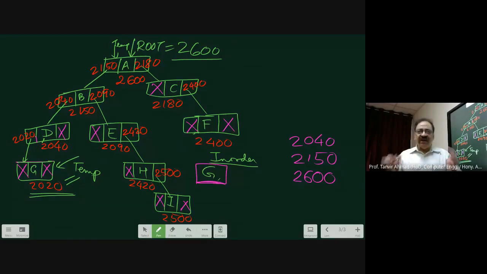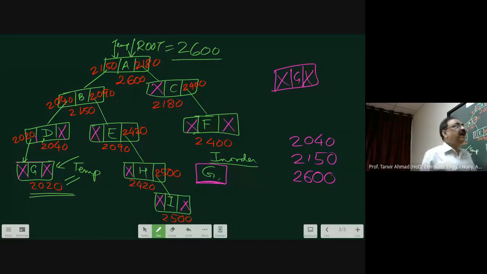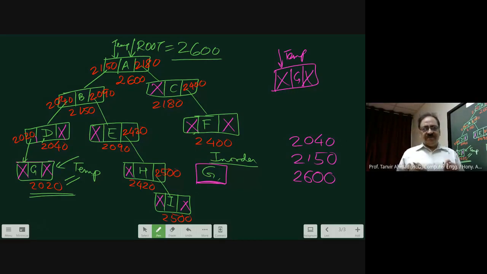Now, here, when I come to G, I find there is no left of G. Then I process the root. Root मतलब G is again a tree. देखो ये भी एक tree है ना. ये क्या है? यहाँ पे point कर रही है. What is this? It is a tree with only having one node. All subtrees are trees. Therefore ये भी tree है. तो हमने क्या किया? I process G. अब हमें उसका parent को जाना है.